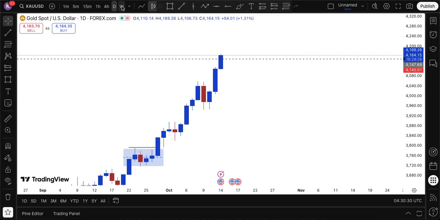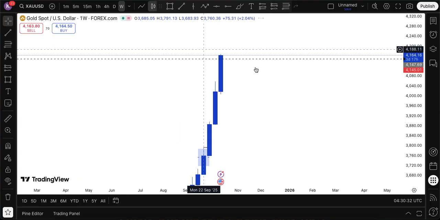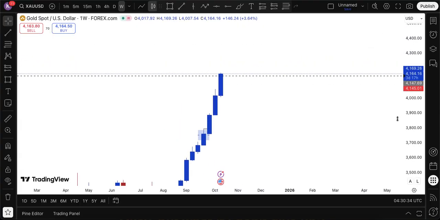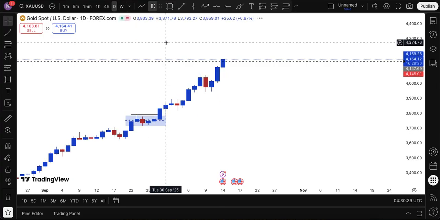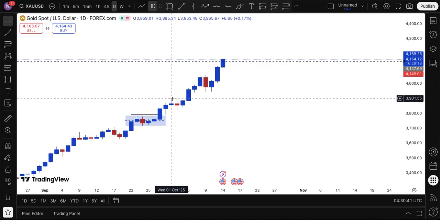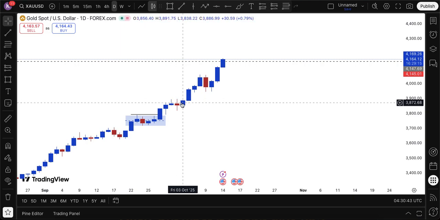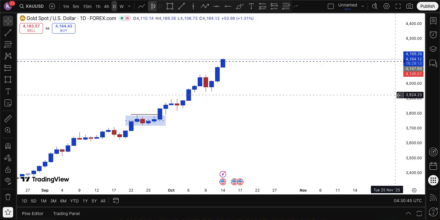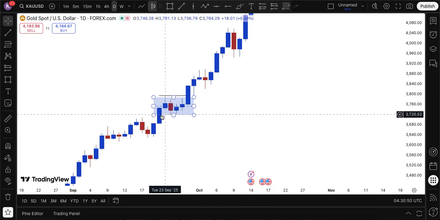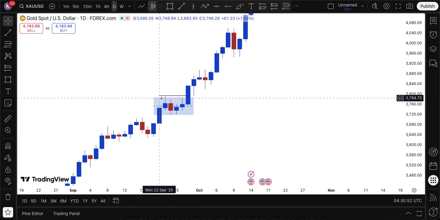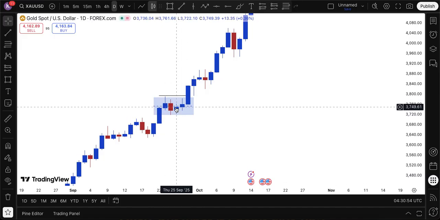Obviously gold is at all time high, it's just so bullish that it's not even coming down on the weekly. On the daily, we all know the market isn't even coming down to order blocks. I was talking about how I usually wait for an engulfing. Let's say I would auto mark this as an order block. No, because this didn't engulf it.